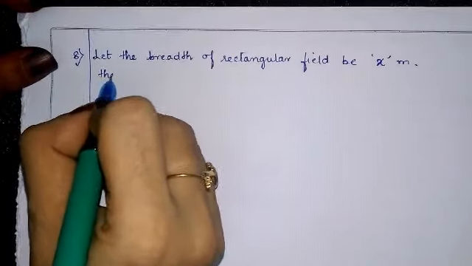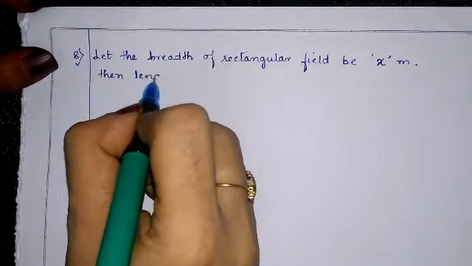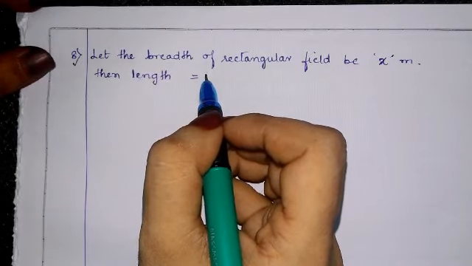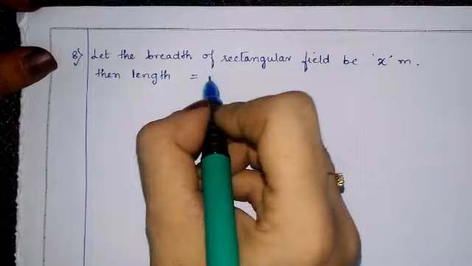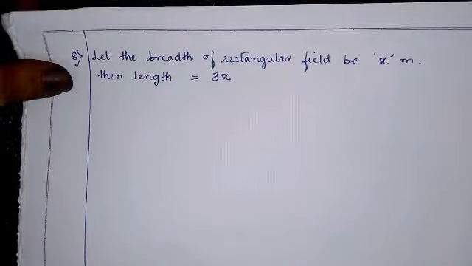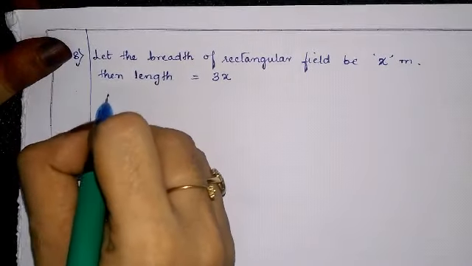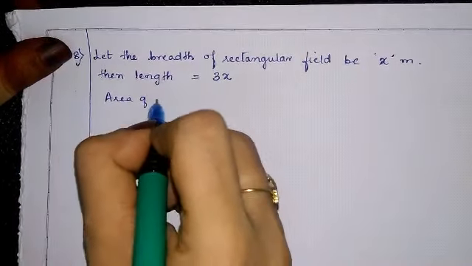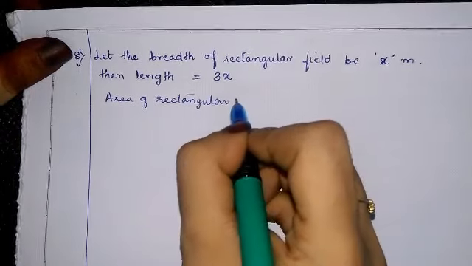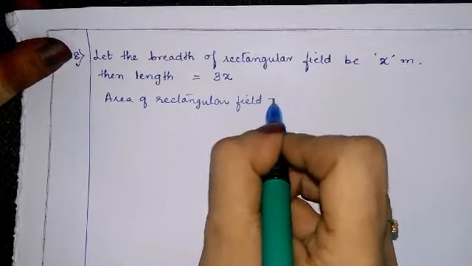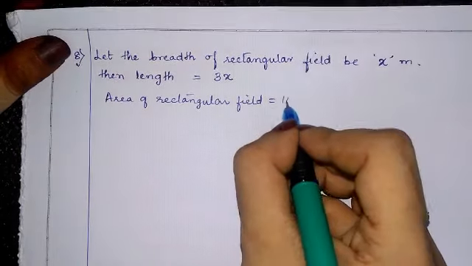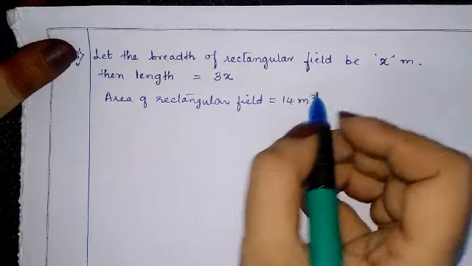Then the length will be, length is equal to 3 times its breadth, they have told. So 3 times its breadth means 3x. Okay. Now the area of the rectangular field is given, it is 147 meter square. Okay. Now we know that